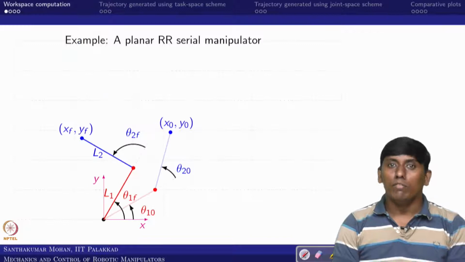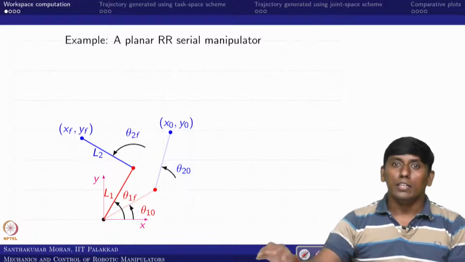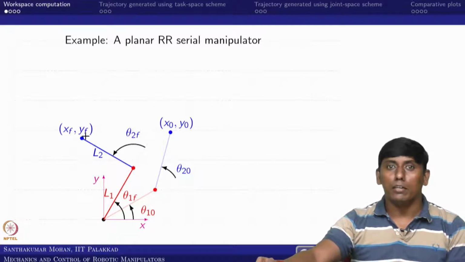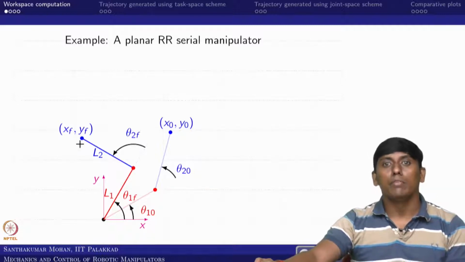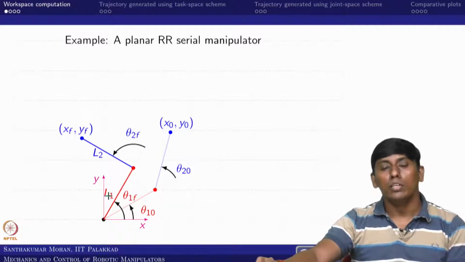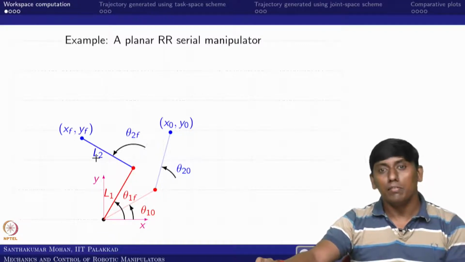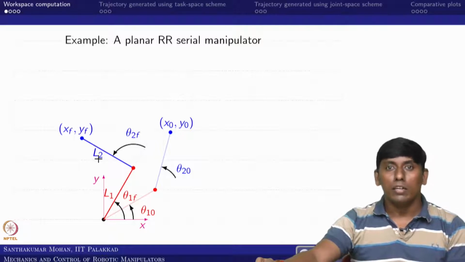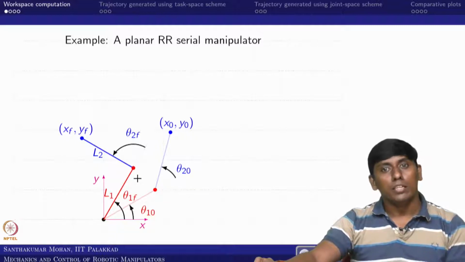If that is the case, we will move to the generalized 2R serial manipulator situation, where the initial position of the end effector and the final position of the end effector are given. In the other way, if you have the inverse kinematic solution, you know the initial joint positions and final joint positions, provided L1 and L2 are known. In that case, first we will try to see what the workspace is. For that, you should know the joint limits: theta 1 minimum and maximum, and similarly theta 2 minimum and maximum.